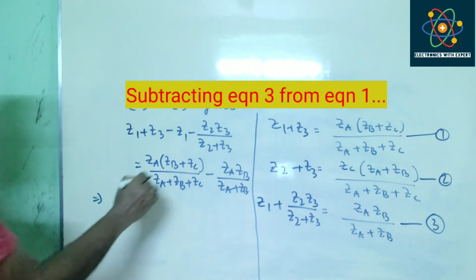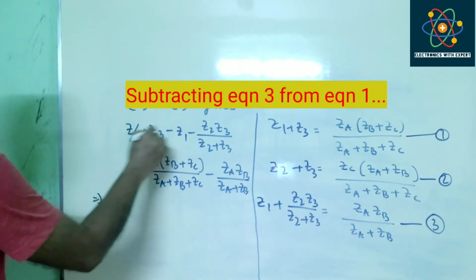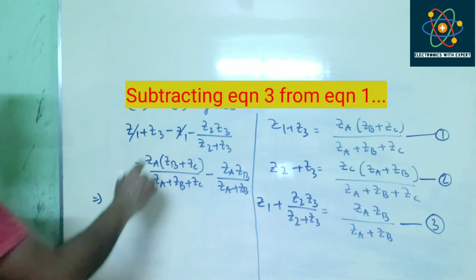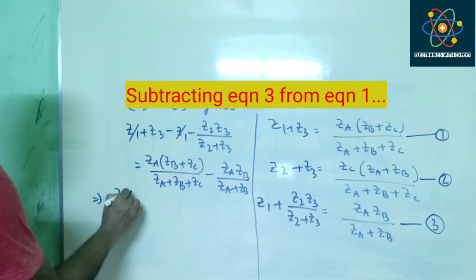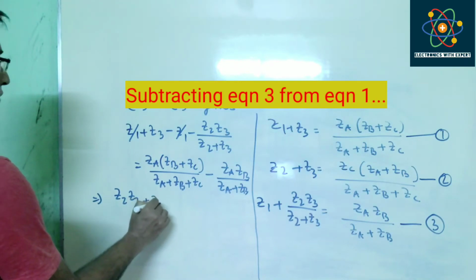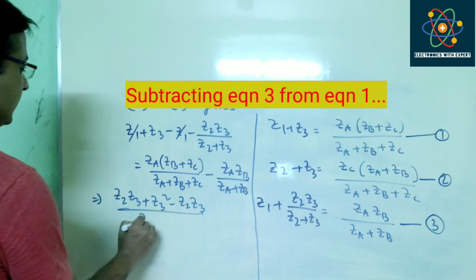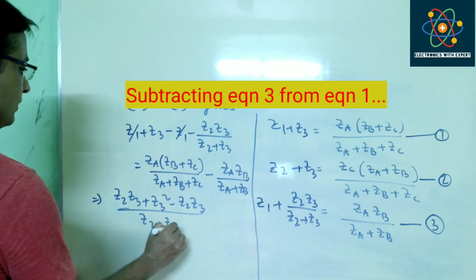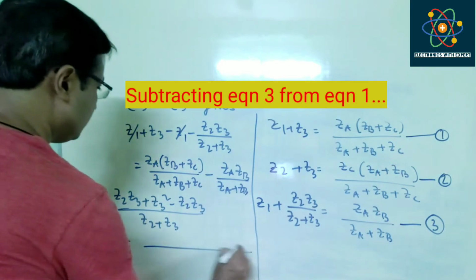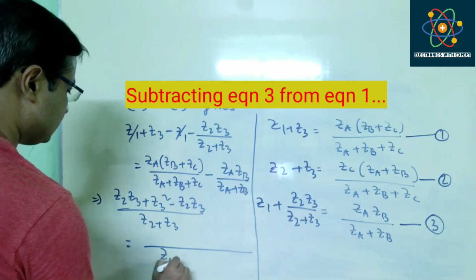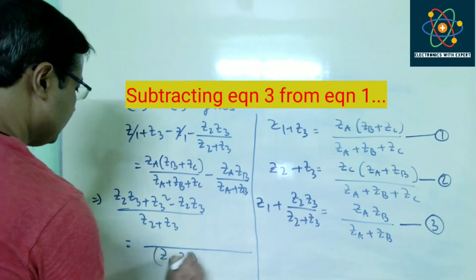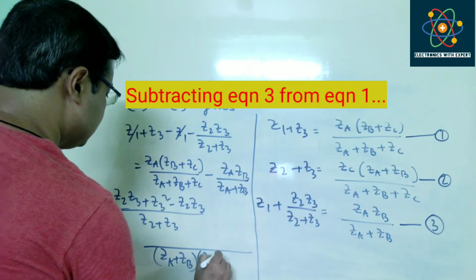Now in the left hand side, Z1 cancels, so it will be Z2 Z3 plus Z3 square minus Z2 Z3 divided by Z2 plus Z3, and in the right hand side we are getting ZA plus ZB into ZA plus ZB plus ZC,